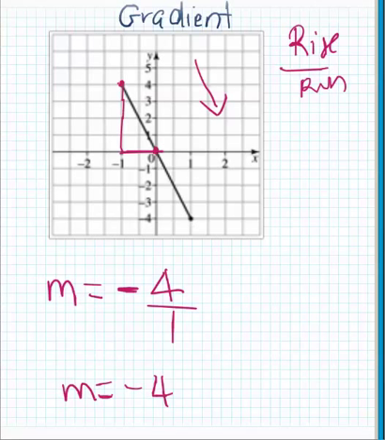Now let's just do this one more time and pick 2 other points, just to make sure that we are still getting the same gradient. I'm going to pick this point up here again, but now this point down here. You ready? So we know our gradient is negative. So that was answer 1. Let's try another method, and let's see if we get another point, and we'll see if we get the same gradient. So the vertical